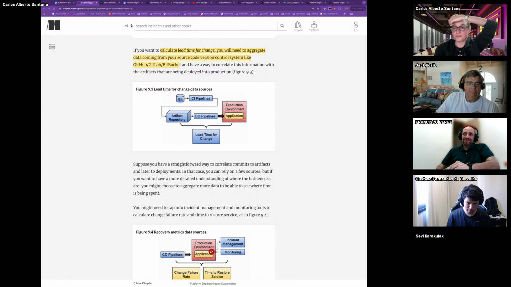When things are done manually and not automated, that's where most of the time goes. Because opening the Jira ticket could be automated. You can even use a ChatGPT script for that. When there's a new build, open the ticket. The testing could be automated, right? So what things have you not automated yet that you're doing manually? That's the biggest bottleneck. That's one area that I dedicate all my time to helping customers with: finding the biggest bottleneck. And the other one, I think Sevi said, right, the release process.